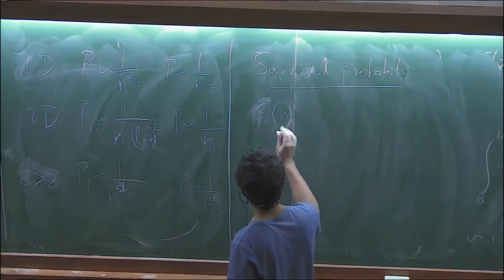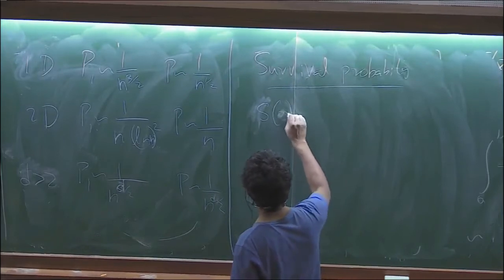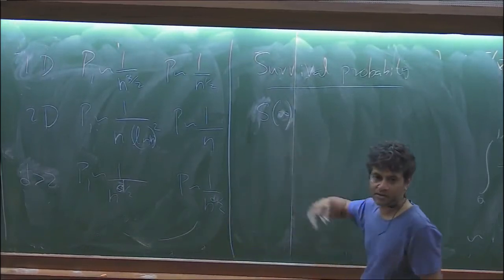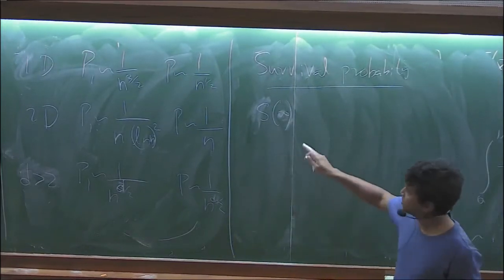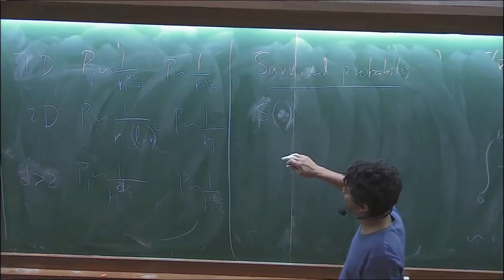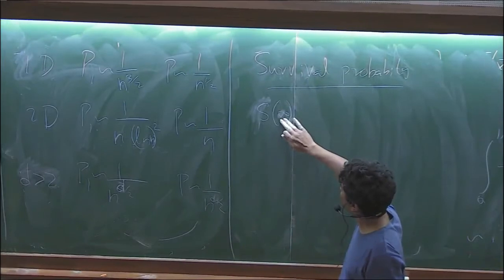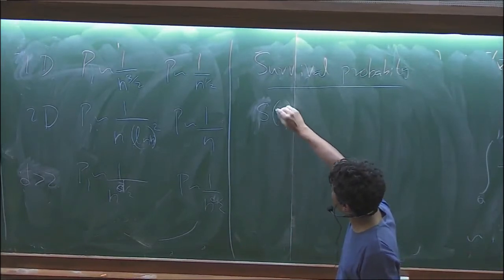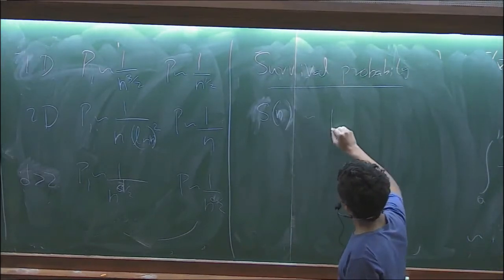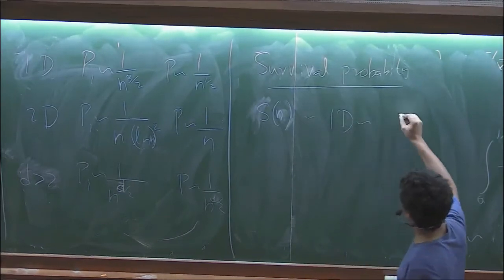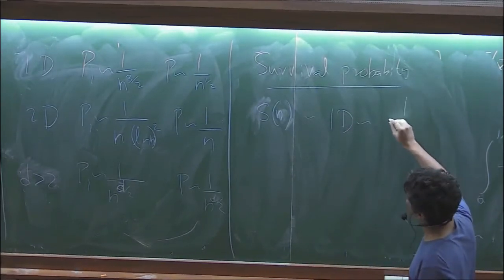Okay, let's ask the question S infinite. What is the probability it survives forever? Sorry? 0, right? Okay, so in 1D, the result is, let me just write it first. 1 by